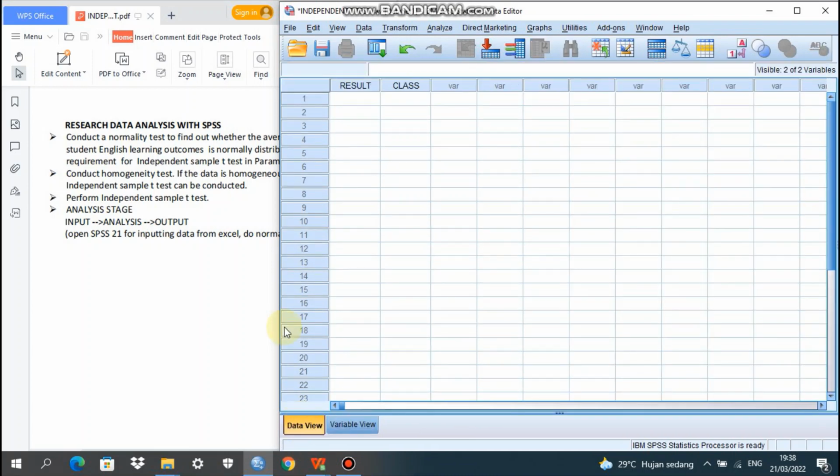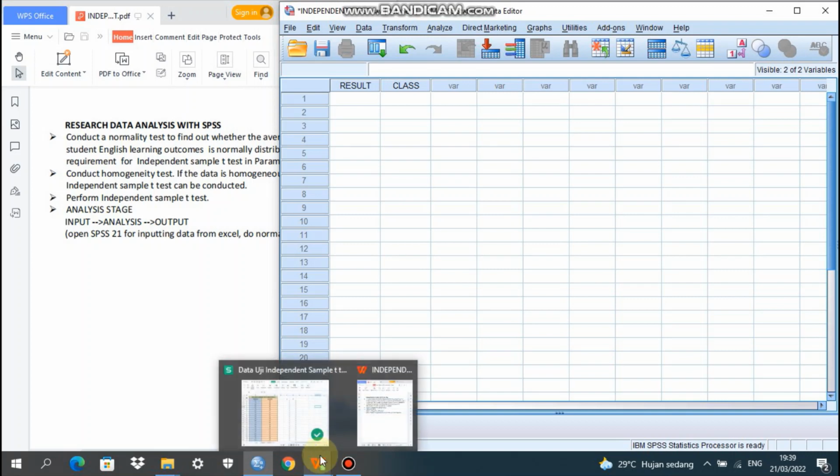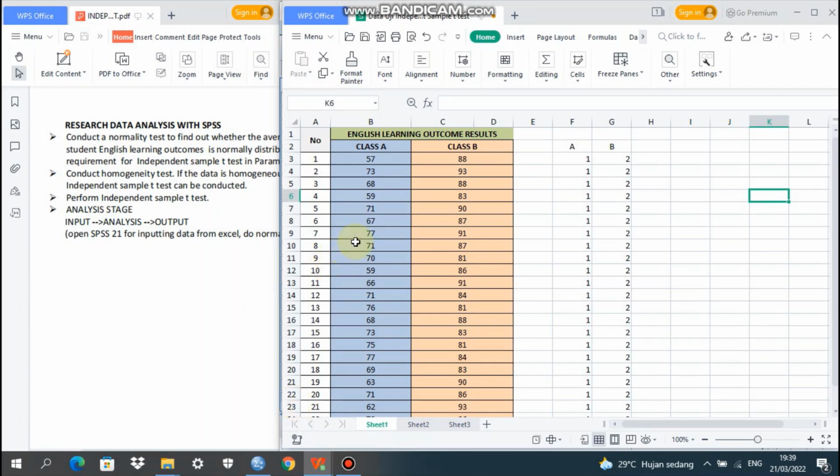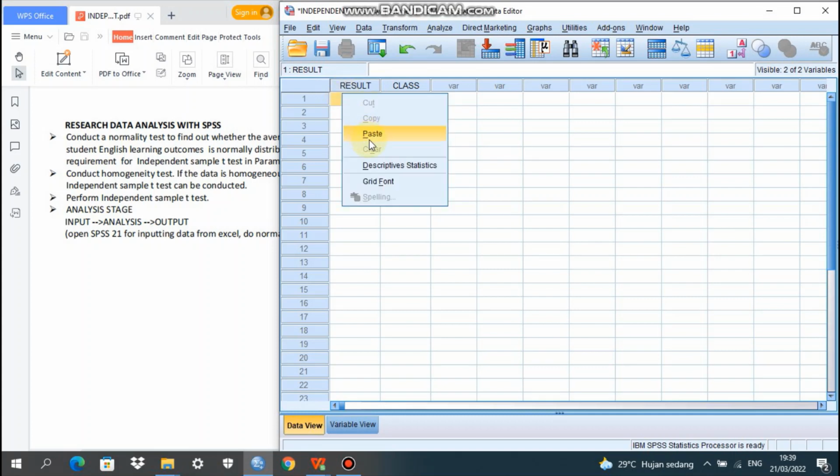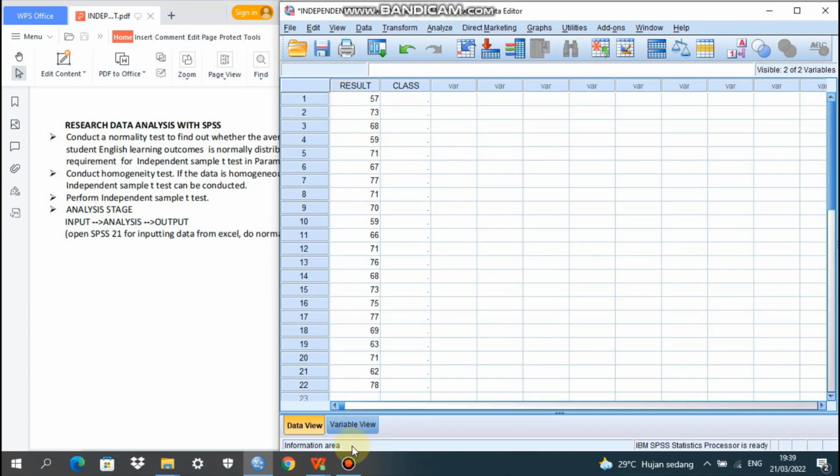We go to data view here, we have result and we have class. We go to the Excel file, we copy the scores of the data, 22, from class A. And then we go to SPSS, we paste here the result. Okay, good.